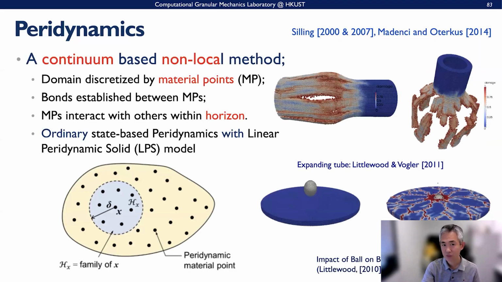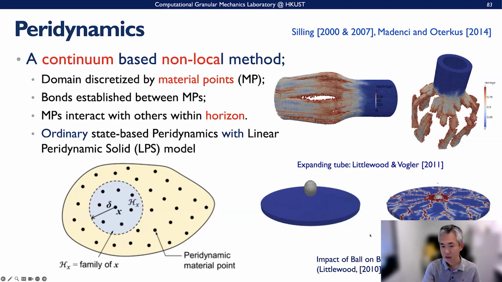This approach is a continuum-based and non-local approach. They discretize a particle, for example, by many material points, MP here, and then we establish a bond between these MPs. Each material point will interact with others within a horizon. The horizon is like a circle, and then they develop different models like ordinary state or non-ordinary state. Peridynamics, or PD, has been widely used for a lot of fracture problems or damage